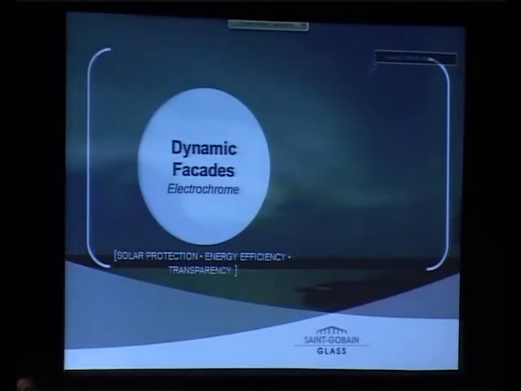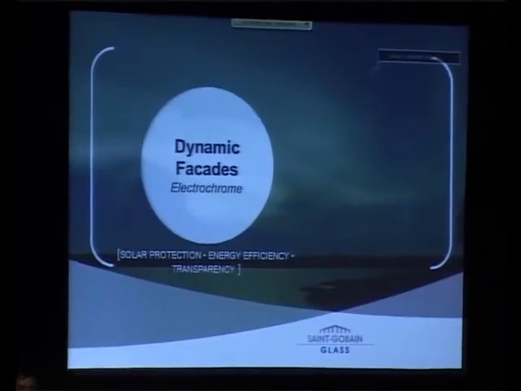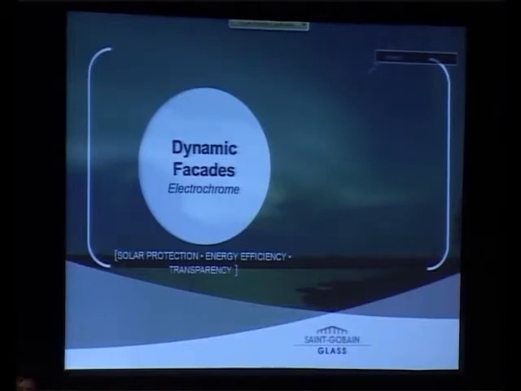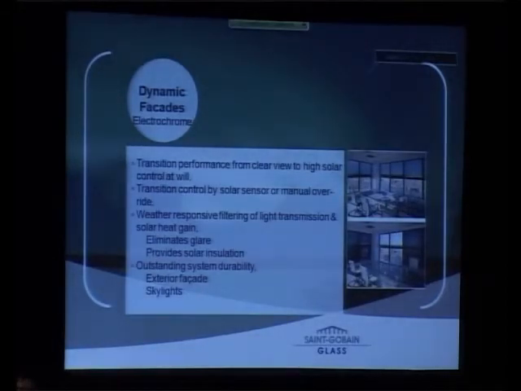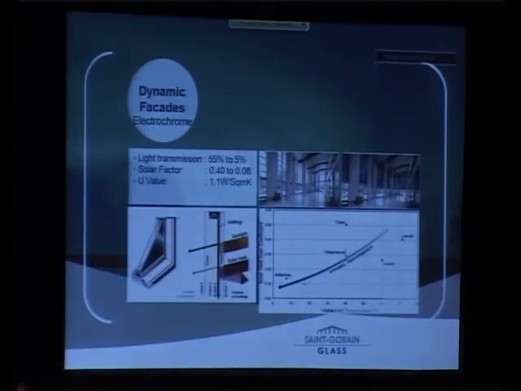Then there was a question that since the sun's solar movement is dynamic, the climate is dynamic, can you have dynamic facades? Yes, that is also possible, and this technology is now no more a future technology, but a present technology which is available, and some of the buildings in India, you will also soon see these kinds of facades available. What are these? It's an electrochromic technology where you can control the transmission of glass by a flick of a switch. It has an electronic film inside it.